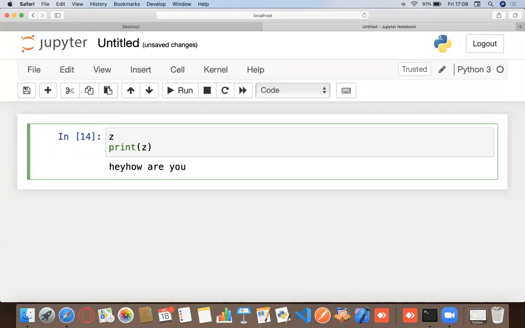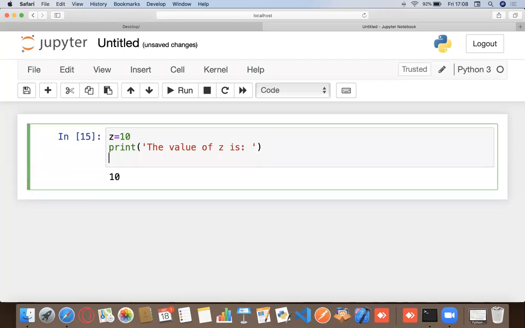Now, let's say we have this number, z equals to 10. And instead of just printing 10 like this, I want to print something like the value of z is 10. What would I do in that case? So let's see what we can actually do. And we'll explore a new behavior of this print function as well. So I could say the value of z is, and now how do I actually print the value of z?